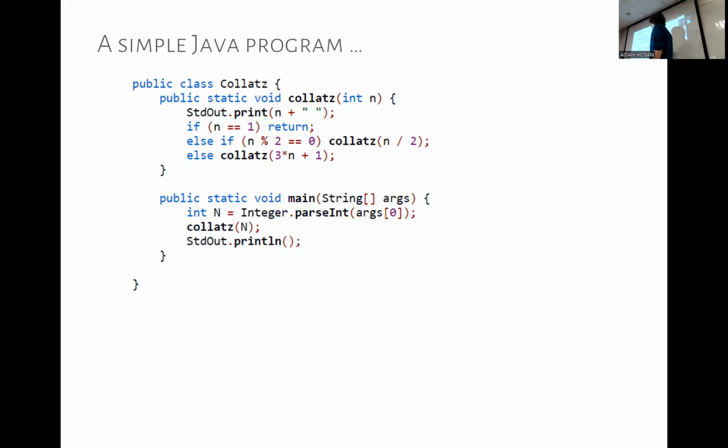It accepts an integer n and prints out the integer n. If n is equal to 1, we return. If n is even, then we return Collatz of n divided by 2. So we divide n by 2 and we call it recursively. Otherwise, if it's odd and it's not 1, then we return Collatz of 3 times n plus 1. Why? Because we can. Why not? So the interesting question then is this: